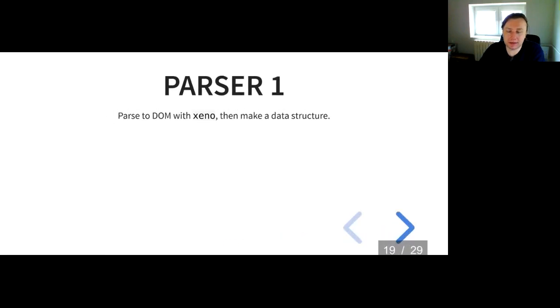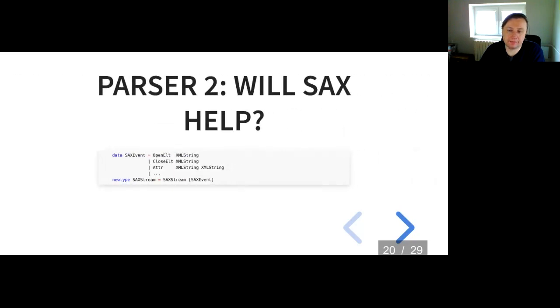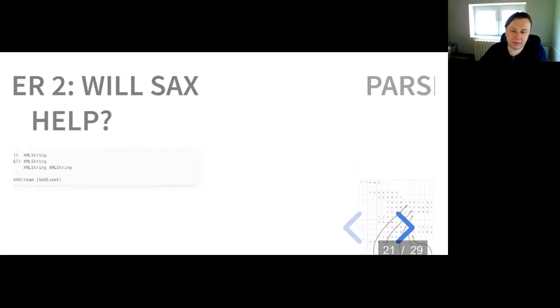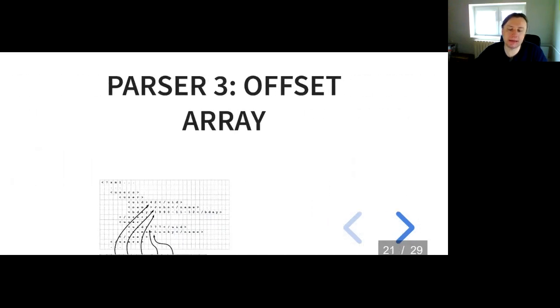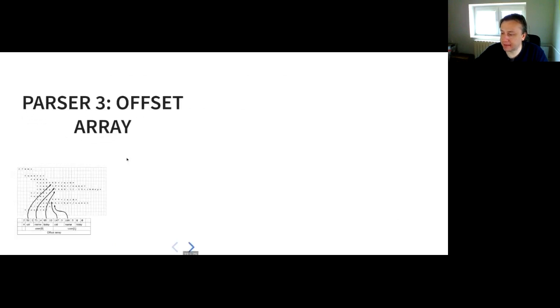So in order to reach that point, we experimented a lot with possible ways of parsing XML documents. First we parsed with Xeno to a document object model. Then we tried to emulate the SAX event parsers, which basically create an event data structure for each token, and these tokens are then parsed. Then we used the offset array, which is basically an array where you see